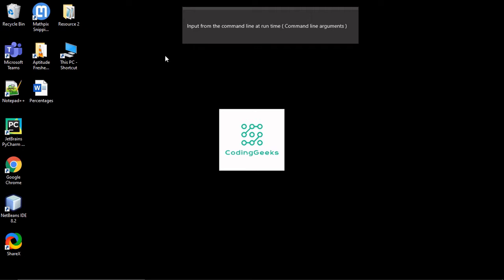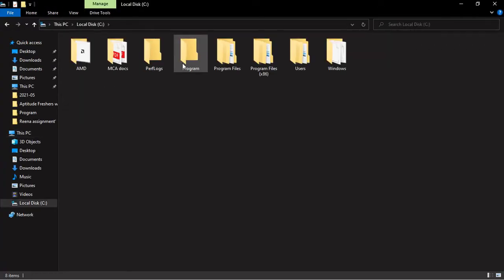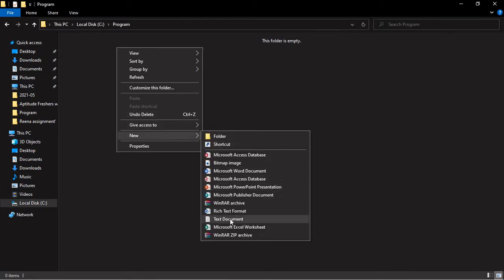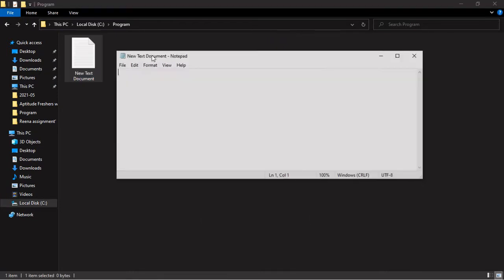So now let's move to the program folder that we have created in the previous videos. Here is the program folder. Now we can create an empty file here for storing our programs. We can open this file and we can start writing the code, starting with the class and the class name. So here the class name should be relevant to the code that we are going to write. So I'll be keeping it as cmd args, since we are going to take arguments from the command line.